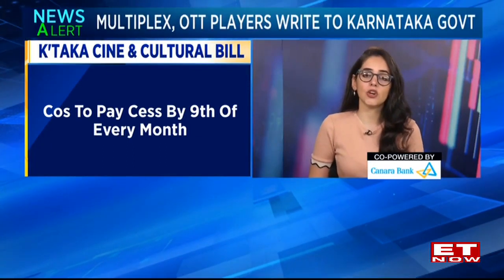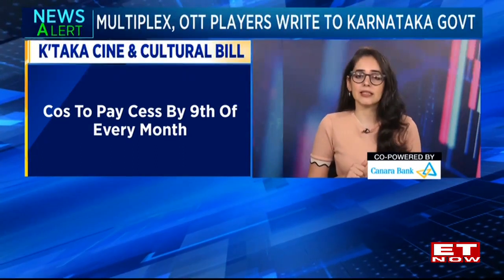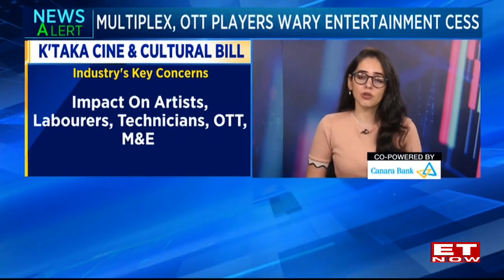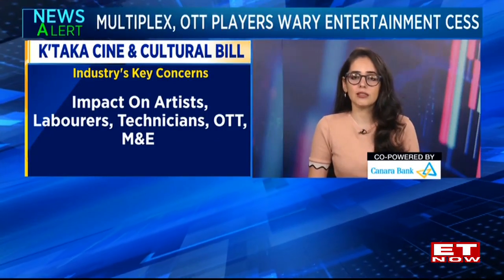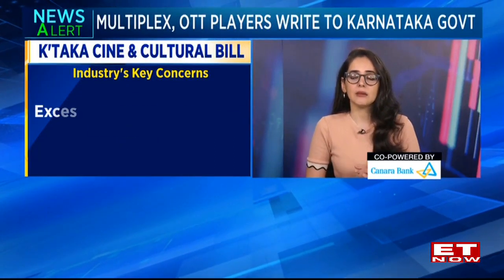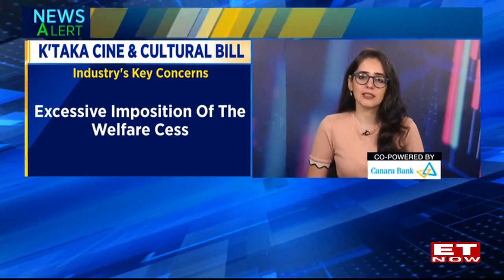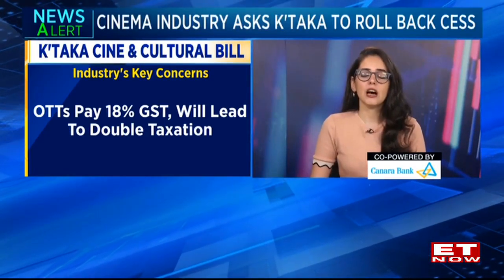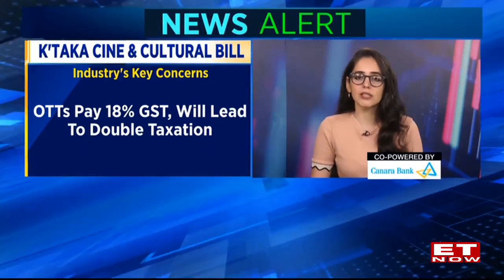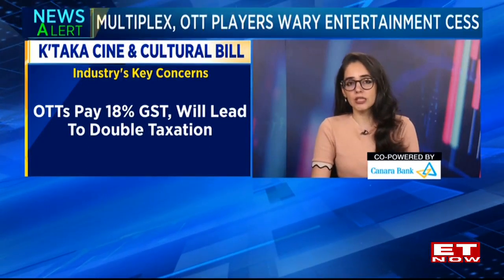The other contentions include the imposition of the welfare cess. They say that it is excessive because OTTs already are subject to a high GST of 18%, and the bill will lead to double taxation. They also say that the additional tax burden will increase subscription costs for consumers. In fact, it also says that the bill is contrary to the principle of one nation, one tax, and that was supposed to bring in uniformity in the taxation structure within the entire country, but that is not the case with the present bill. They also say that it will deter investments, not just in OTTs, but local investments,